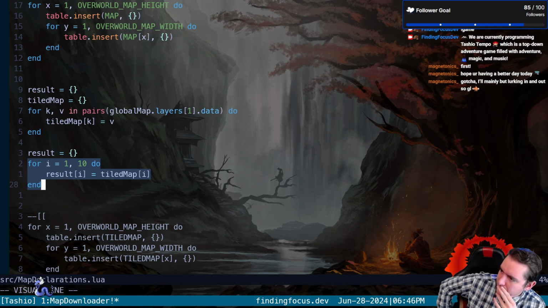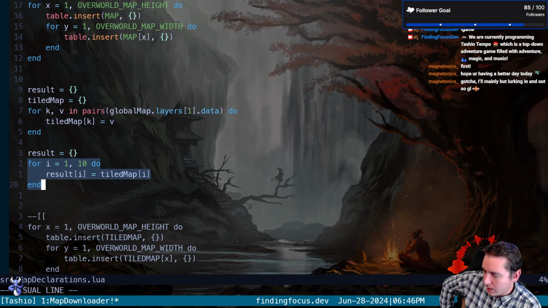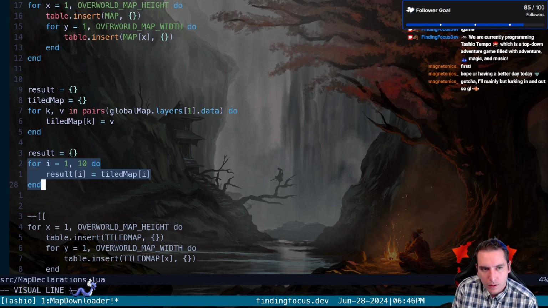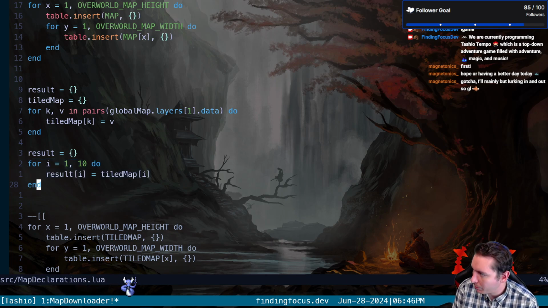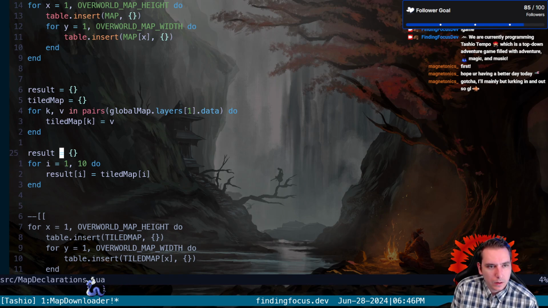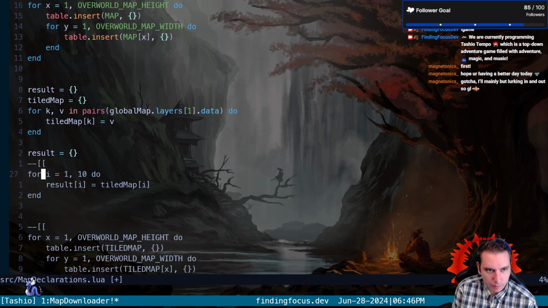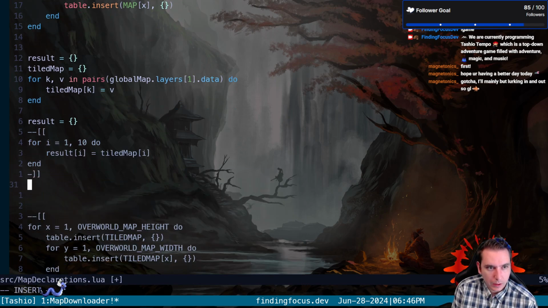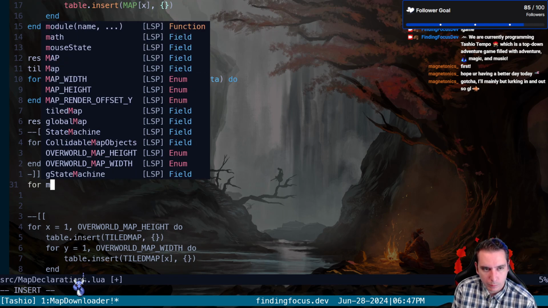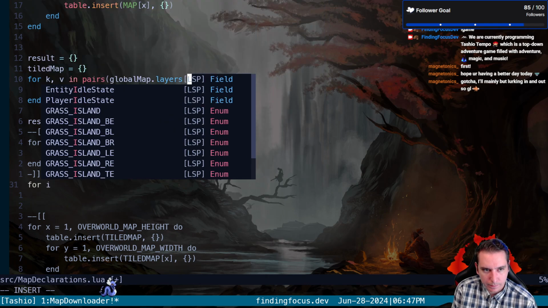Because ideally what we do, I can kind of picture it in my head, like we just want to go, we want to cycle through all the map rows and columns of our global map tables and put in 10 items at a time the result of this thing. So if we say, okay, let me see. If we do something like this and we say for map row, well, for I gets 1,